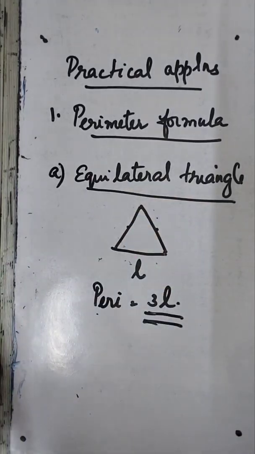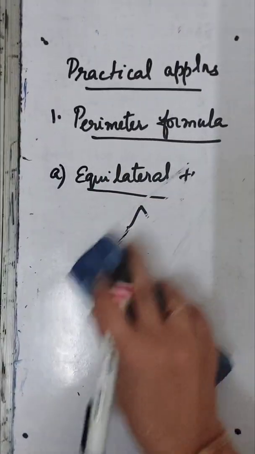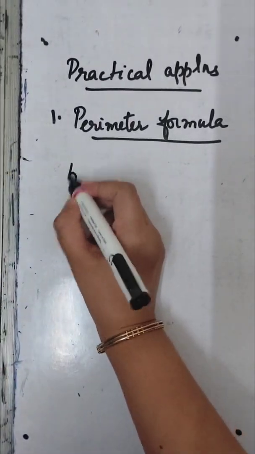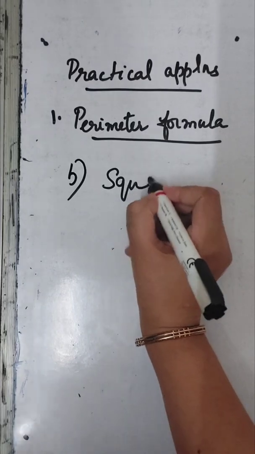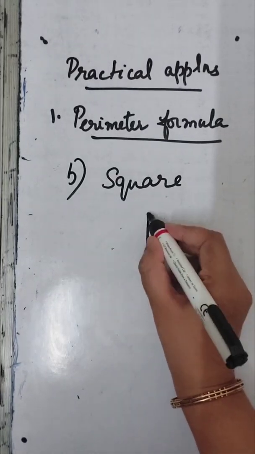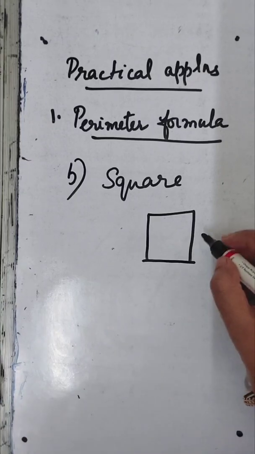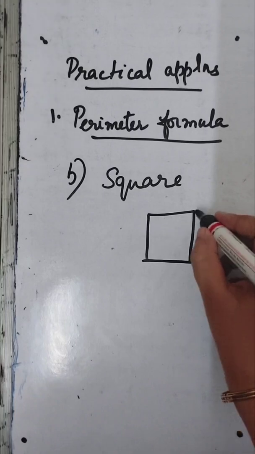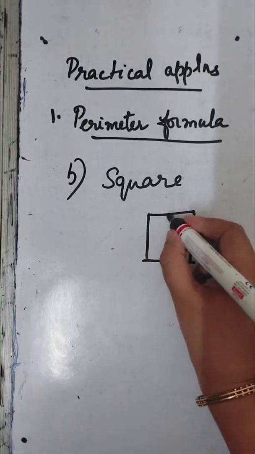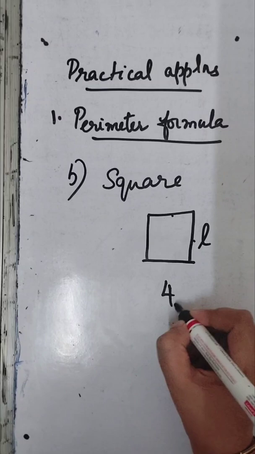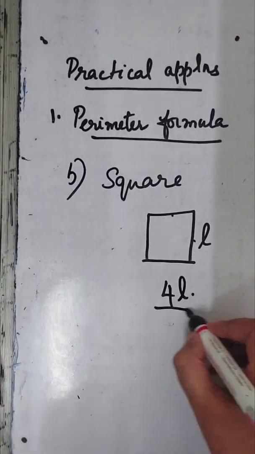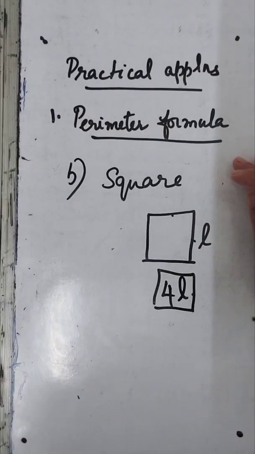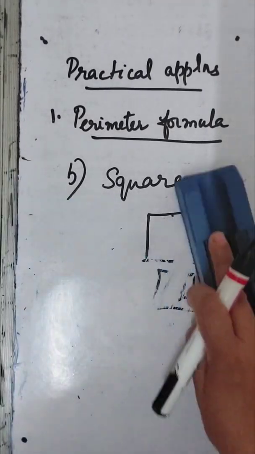Similarly, for a square, it has four sides, right? Four equal sides. So let's take L as the length of one side. So what will be the perimeter of the square? L plus L plus L plus L, that is 4L, right? This 4L is also an algebraic expression, right? So these perimeter formulas are all given as algebraic expressions. Okay,